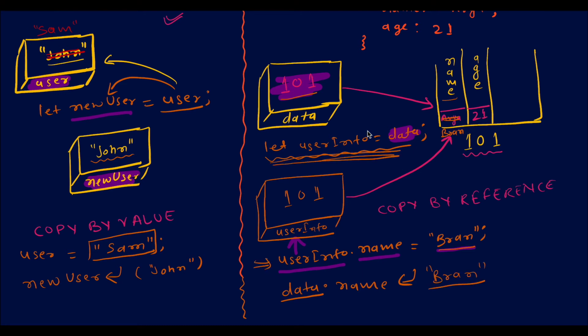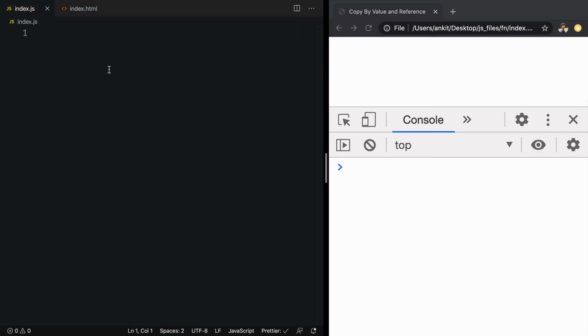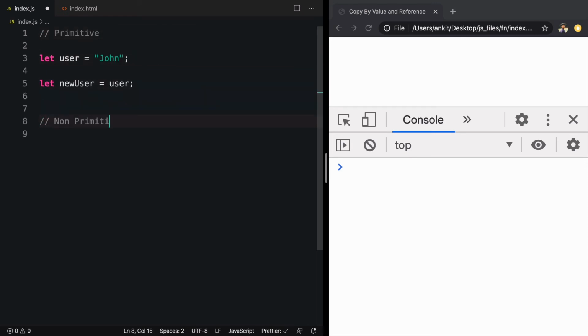So let's try to see this whole example in real code now. So here we'll go ahead and create a variable called let user is equal to John, and now we'll say let new user is equal to user. This is for primitive and this is for non-primitive.